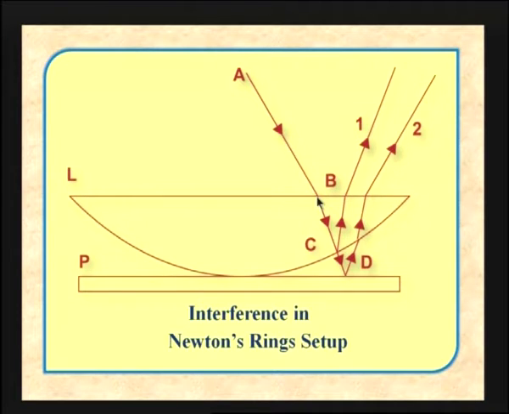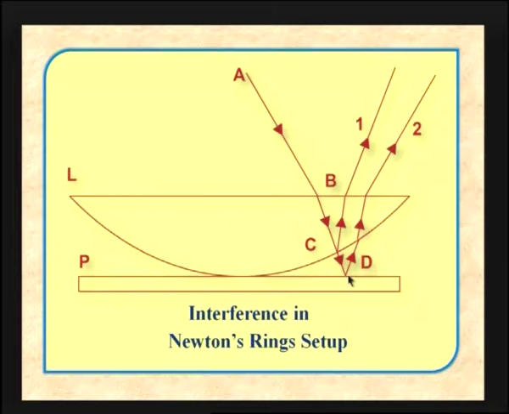This light ray moves in this direction and gets reflected at this point, the bottom surface of the lens. That is ray 1. Then part of the light ray goes and hits the top surface of the glass plate, is reflected backward again, comes here and emerges out. The 2 light rays 1 and 2 are very important, like in the case of the air wedge,